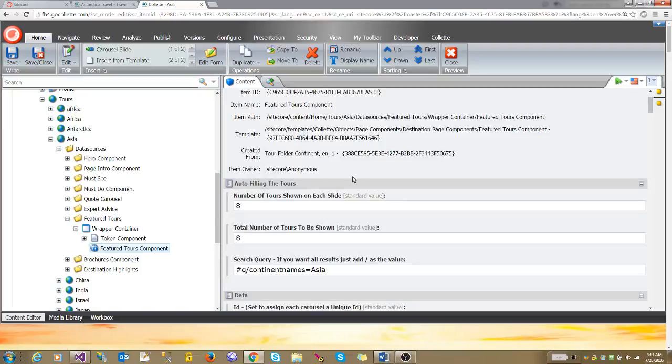This data source is specifying the autofilling the tours option. Here we are specifying what the query should be. This is going to be set for us by default when you create a continent. It's going to set this to continent names query, and it's going to set the value to the value you asked for. And then right now we are saying that we want 8 tours on each slide, and total number of tours to be shown are also 8. So basically we are just asking for one slide